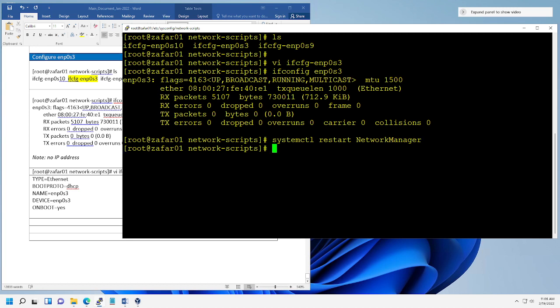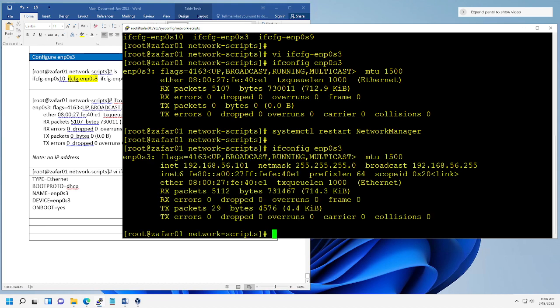Alright, the system is going to think for a few seconds and come back. And then I'm going to go up here and do ifconfig enp0s3 and hit enter. Voila. Now I have the IP address. You see 192.168.56.101. But if you look earlier here,